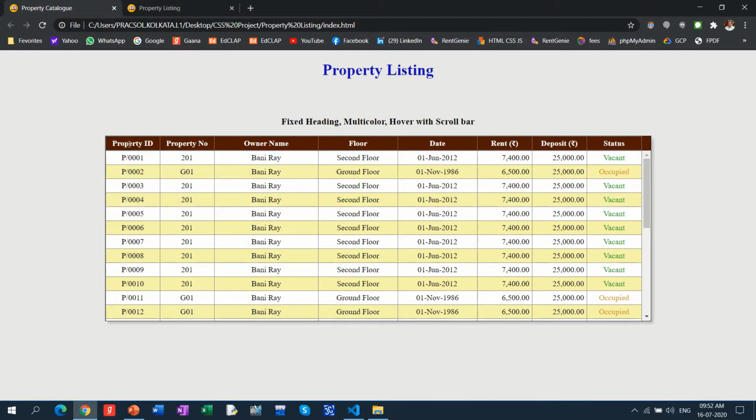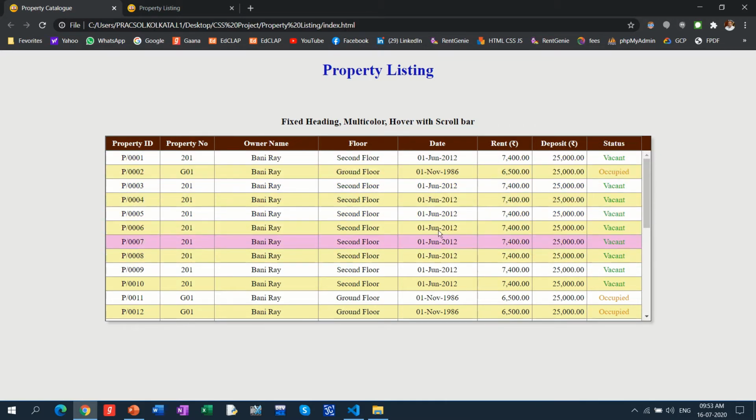That's why it is very important to set the size as per the data. You can see the property ID and property number look almost the same width, but owner name is a little bit different, because the content might have more characters.